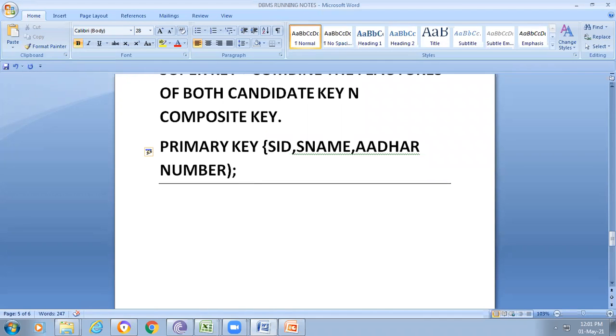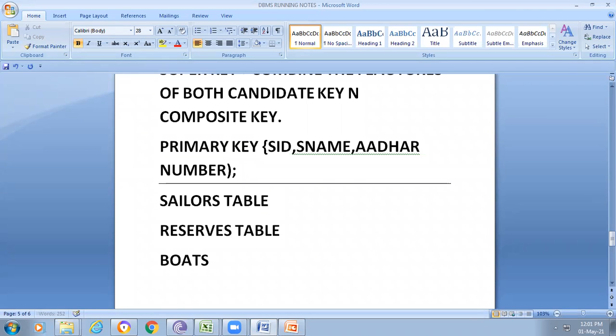Okay, so what is the need? Here I try to consider one example. That is the sailors table, and another one is the reserves table, and another one is the boats table.